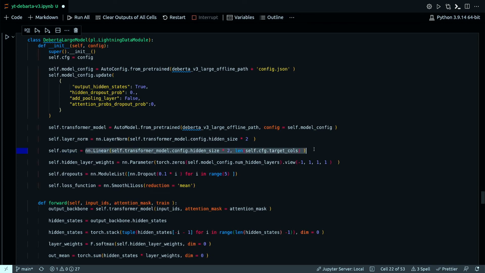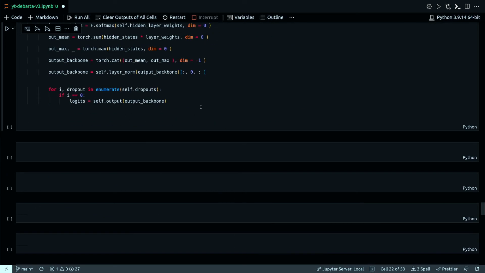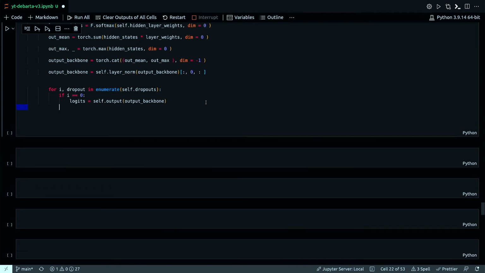This line right here. So logits in this case will just be equal to self.output.